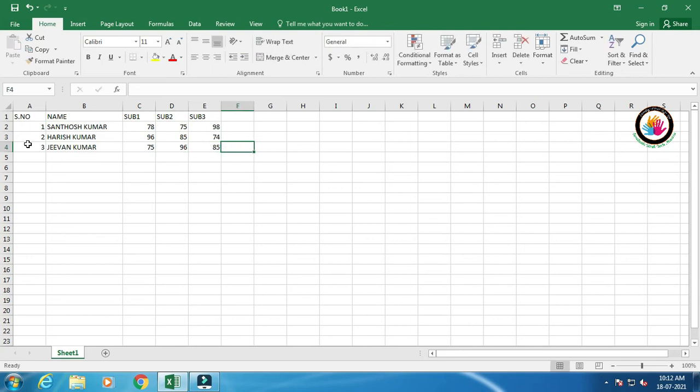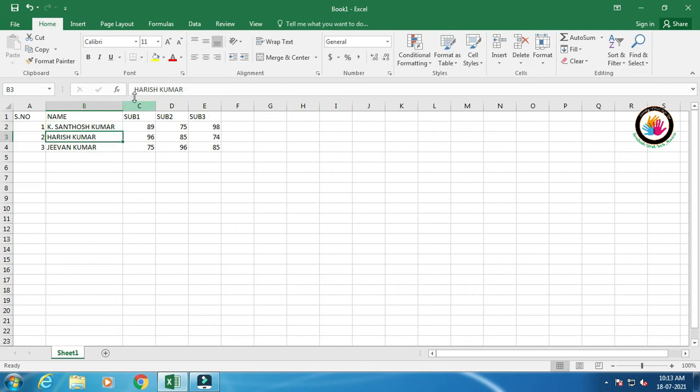If you have any doubts or any corrections in the entry of marks or any values, there are 2 methods. Just double click on the cell so that you will get the value, or else you can directly change it. If you want to change the total value of a cell, just give the value directly. If you want to edit, for example, I want to give the initial to this. I don't want to remove all the name, so I can go here, double click, just click here, give the initial, then click next.